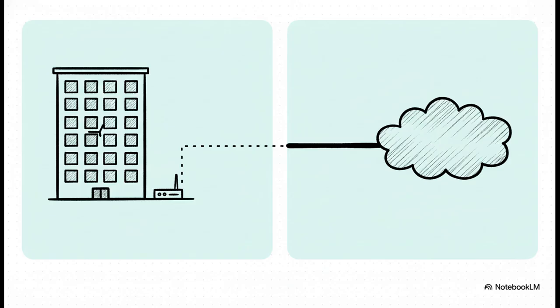Think of a big apartment building. That whole building has one main street address. That's its public IP, and it's totally unique in the whole world. But inside, every single apartment has its own number, right? Apartment 101, 102, those are like the private IPs. They only need to be unique inside that building, and whenever they need to talk to the outside world, it all goes through that one public address.